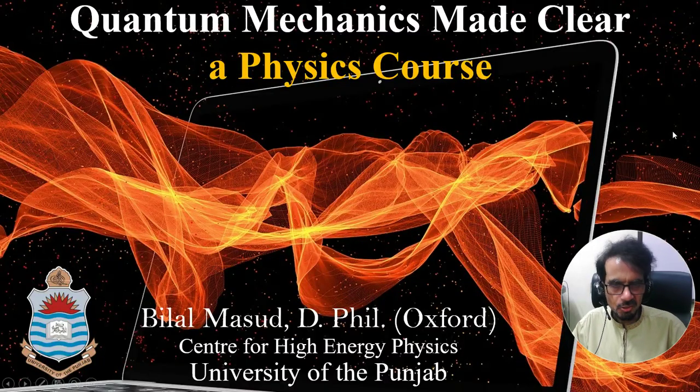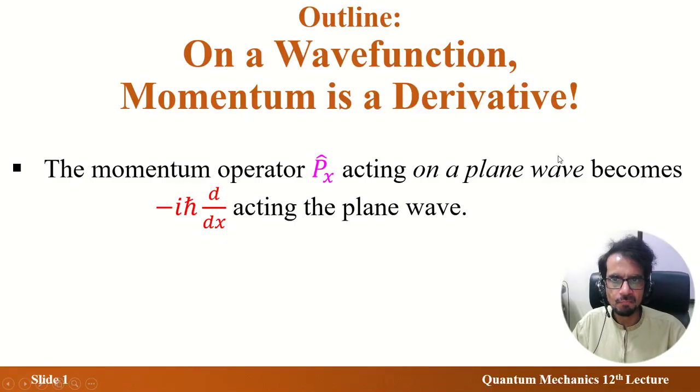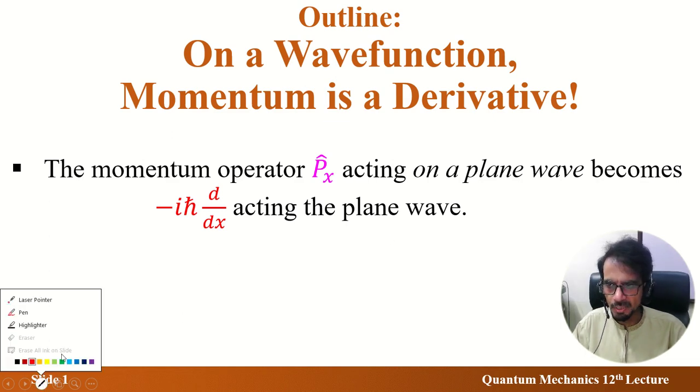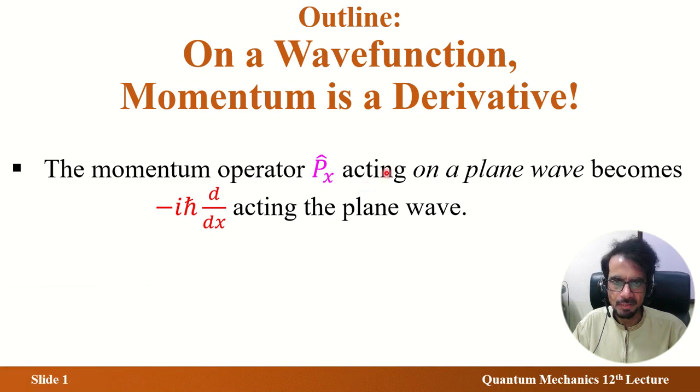In quantum mechanics, the wave function is quite commonly a solution of what is called the Schrodinger equation. To understand the Schrodinger equation, and to understand what is called orbital angular momentum and some other results, a very convenient first step could be to understand the result which is often stated as: momentum is minus i h bar d by dx. Now, in proper terminology, the full statement is that when momentum operates on a wave function,